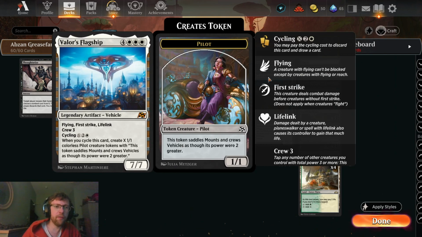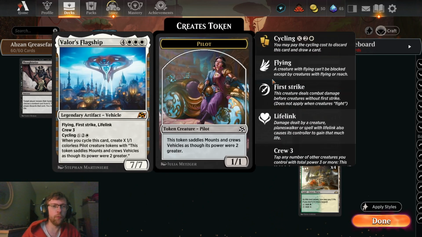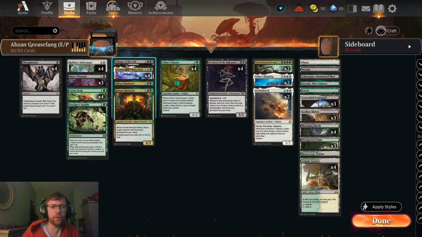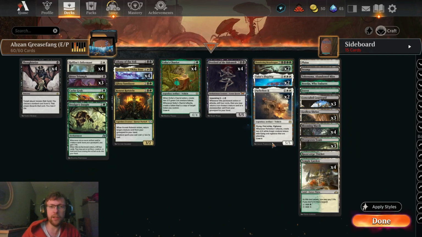We've also got Valor's Flagship, which is one of the mythic vehicles from Aetherdrift. 7/7 for 7, flying, first strike, lifelink, crew 3, and also cycling X, 2 and a white. And when you cycle this card, you create X 1/1 colorless Pilot creature tokens with "this token saddles, mounts and crews vehicles as though its power were 2 greater," and you can do a similar kind of thing given that this also puts itself into the graveyard, which is a neat little addition to the vehicles that this deck already uses,